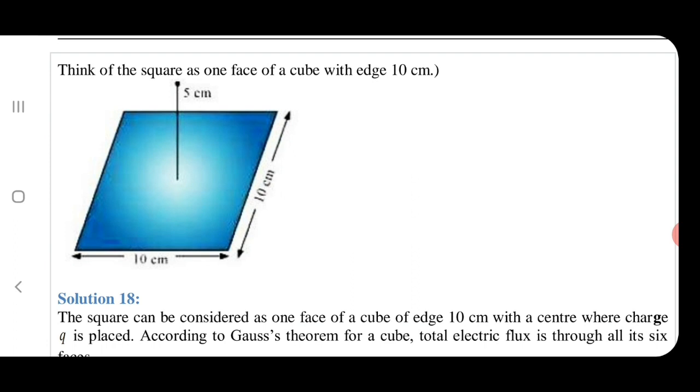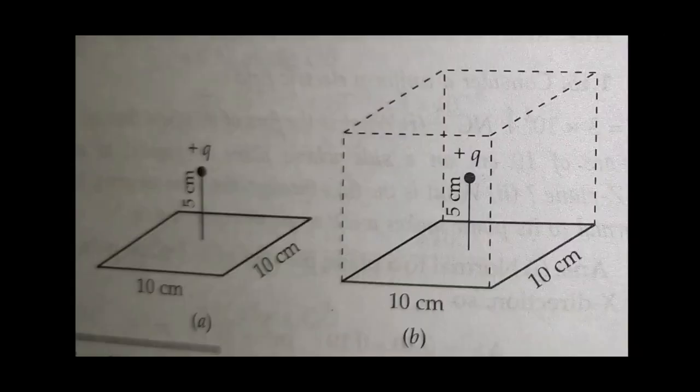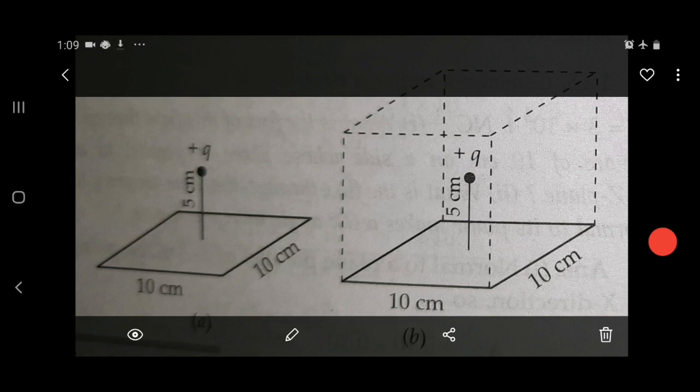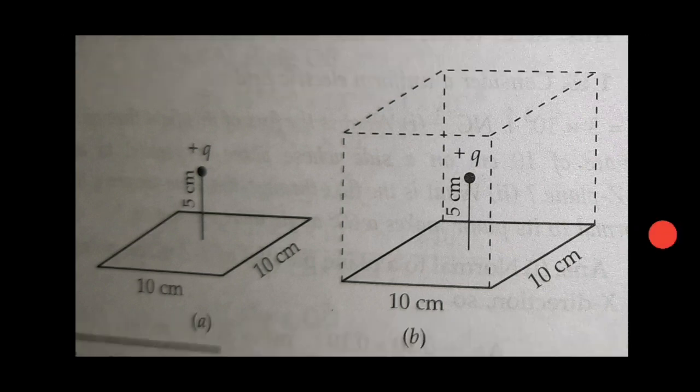So this is what is given. You are asked to find the flux through this surface. So this is what is given in that hint. That means that surface itself, that 10 centimeter into 10 centimeter square surface, can be considered to be a part of the cube whose side length is 10 centimeter. So with respect to that cube, that charge will come at the center of that cube. Now where lies the charge? At the center of the cube, and the surface has become a closed surface.